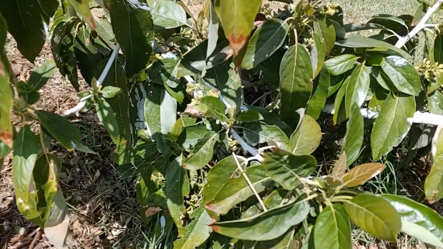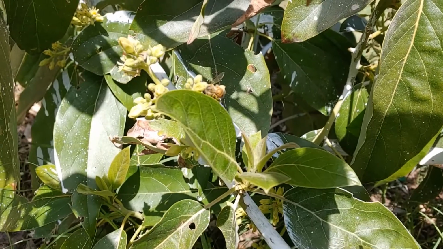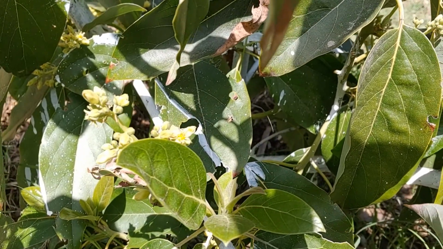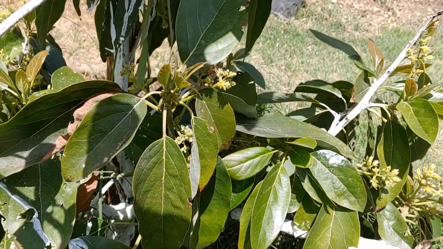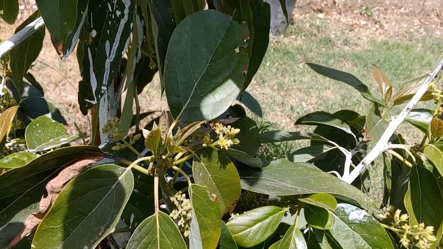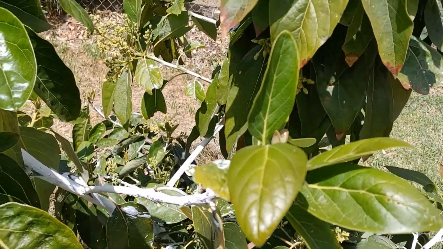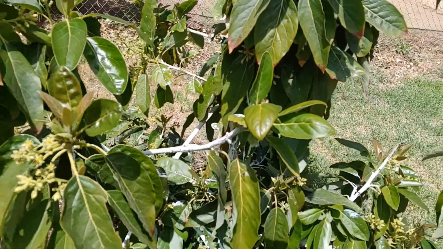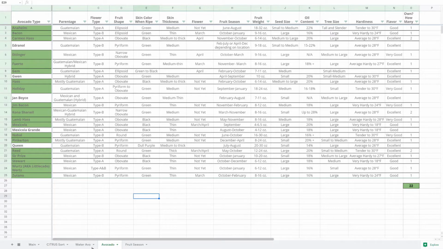What's up, guys? So one of the goals for all of the avocados that we're growing is to have avocados year round, and one of the ways that I'm trying to accomplish that is by selecting different types of avocados that are available locally in my area and have a fruiting season that will overlap each other and will cover the whole year. So to try to find all of these different avocado varieties, what I've done is laid out